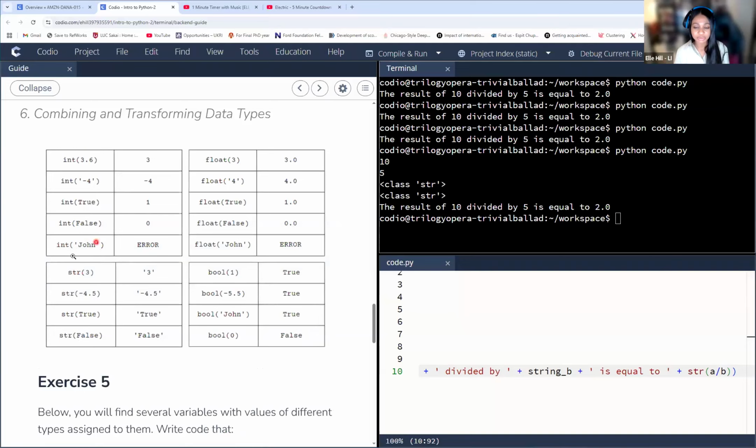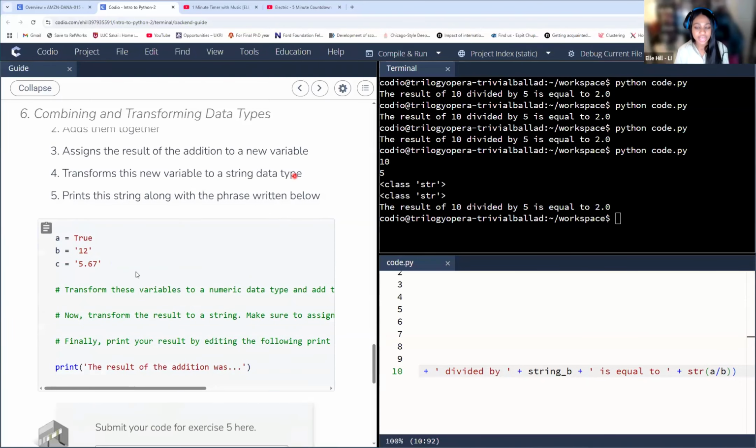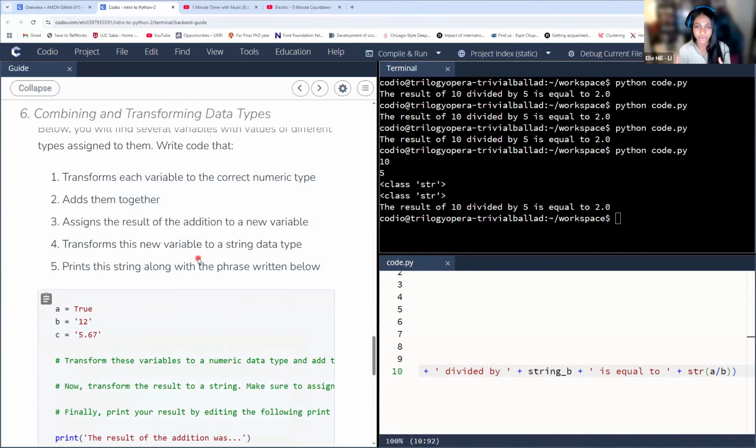So an integer or a string cannot become a number magically. That won't work. Same thing with float, because text cannot become numbers. Booleans can actually become numbers because they correspond to our on and off values, or binary values. That would work. But mainly these strings are going to give you errors. And awesome, I see some of you have tried this already. Well done. So I'll let you transform these different data types